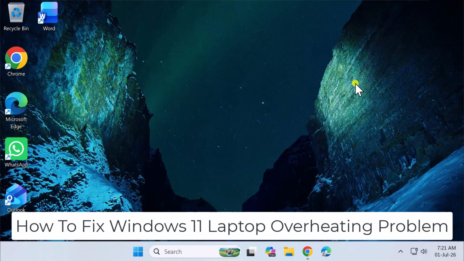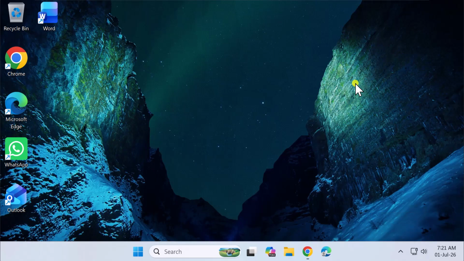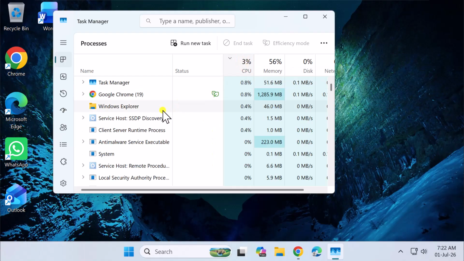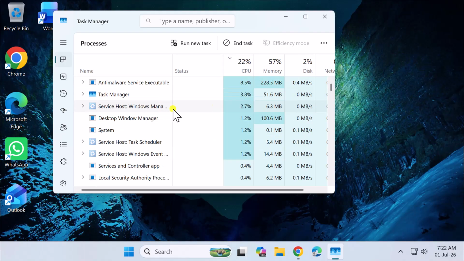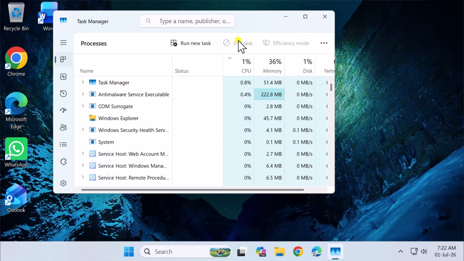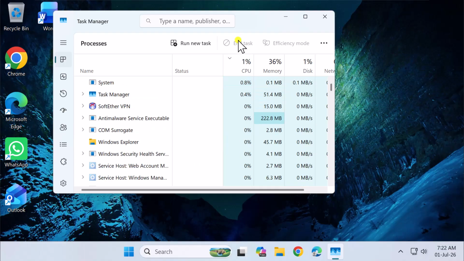To fix Windows 11 laptop overheating problem, first you need to check CPU usage. Right-click on the taskbar, select Task Manager, click on CPU. Once you find the application, simply select it and click on End Task, and close all unnecessary applications running in